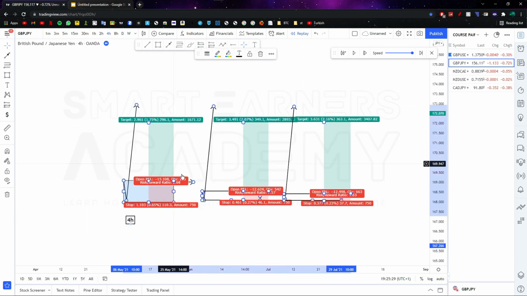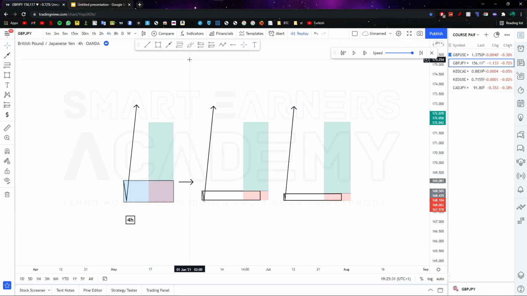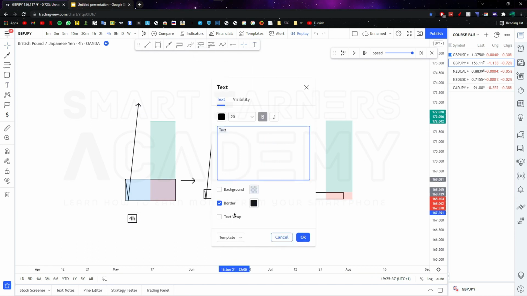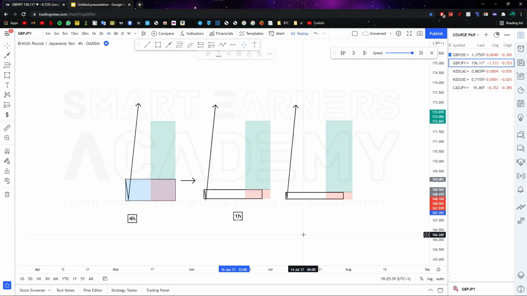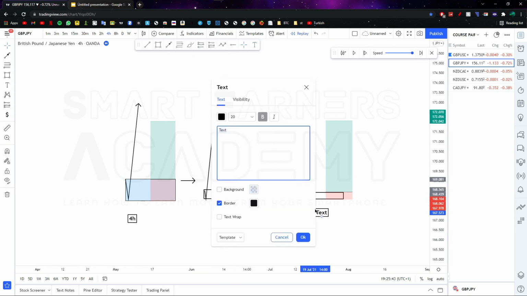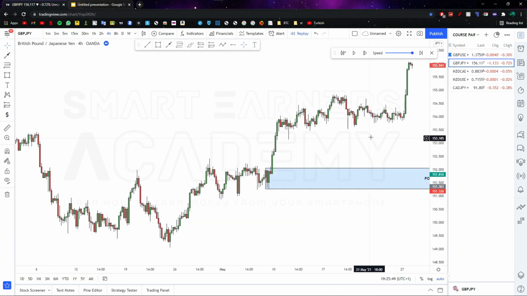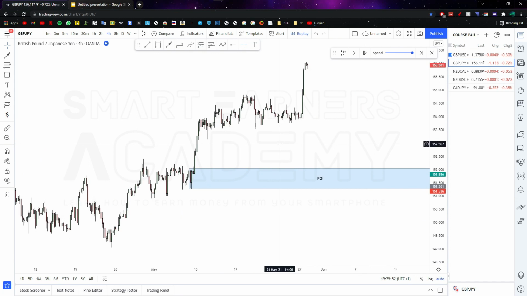And I'm gonna walk you guys through exactly what's going on here, right? So let's say that was the 4-hour time frame. Okay, I forgot to label that. So let's say that was the 4-hour time frame. This could have been the 1-hour time frame. And then over here, we could have gone down as little as the 15-minute, right? So that's exactly what the refining process looks like. I'm going to walk you guys through exactly what's going on, right? So let me just quickly